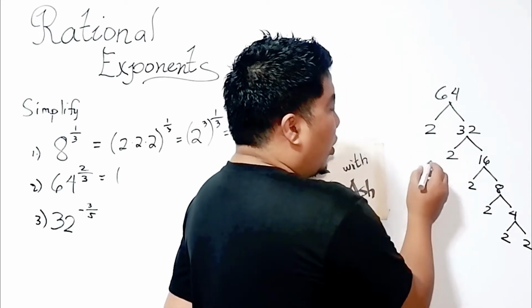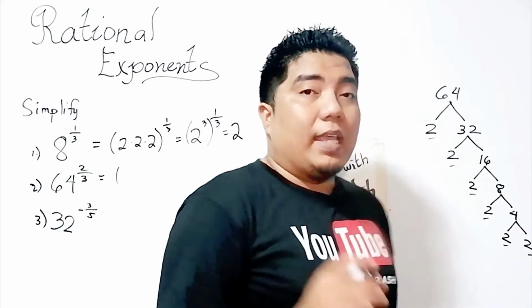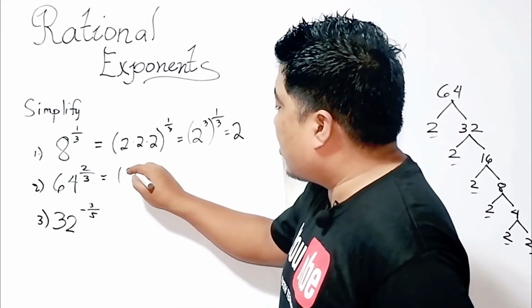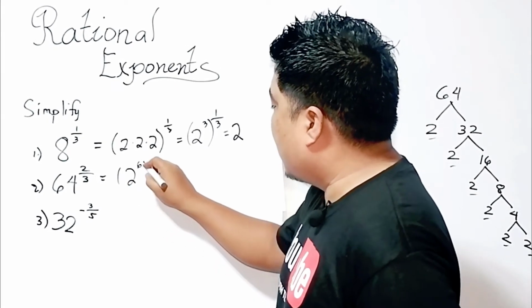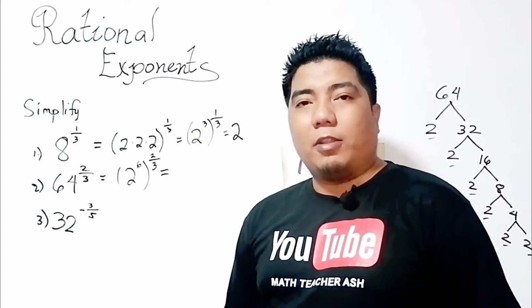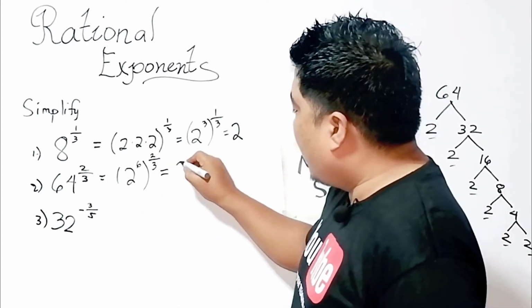So basically, you have 1, 2, 3, 4, 5, 6 prime factors. Okay, so what you could do here is you just write 2 to the power of 6. And then you copy your rational exponent. And then, you apply the power rule. 6 times 2/3, that will give you